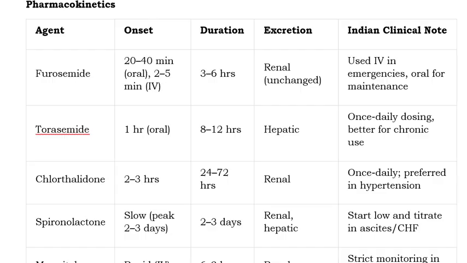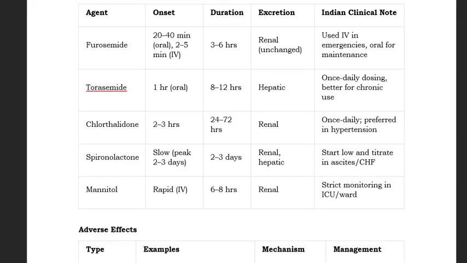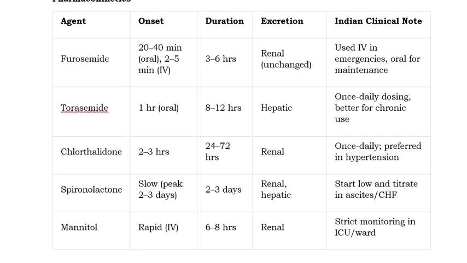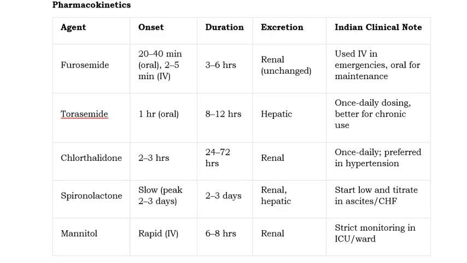Orally, it usually starts working within, say, 20 to 40 minutes. Intravenously, IV, it's much faster, maybe 2 to 5 minutes. Very quick. Its effect generally lasts about 3 to 6 hours, and it's mainly eliminated unchanged by the kidneys. A key Indian clinical note here. We often use IV furosemide in emergencies for that rapid effect, and then the oral form is fine for longer-term